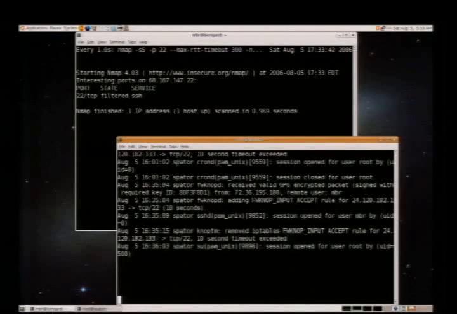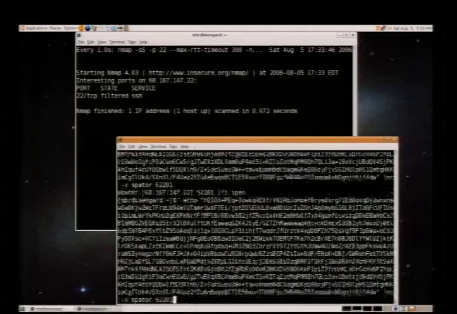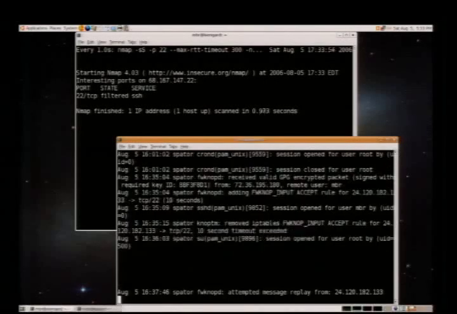There should be something coming up here. Try that one more time. Yeah. So, attempted message replay from this IP because the MD5 sum matched.